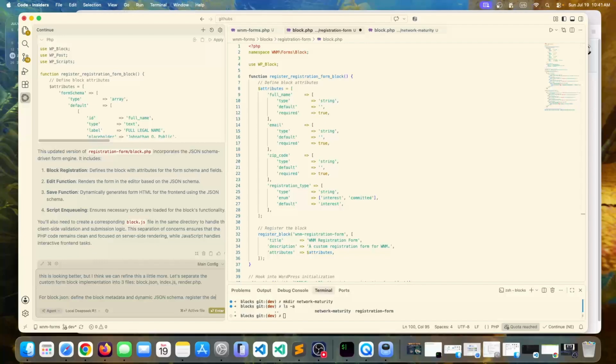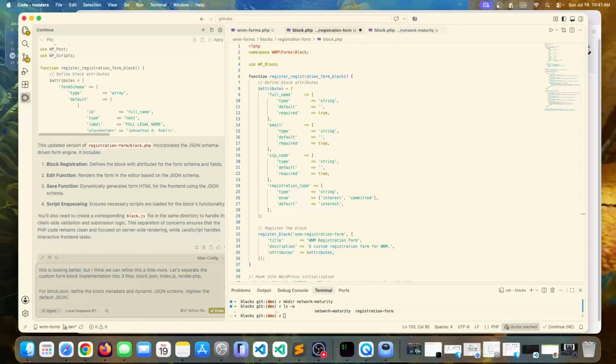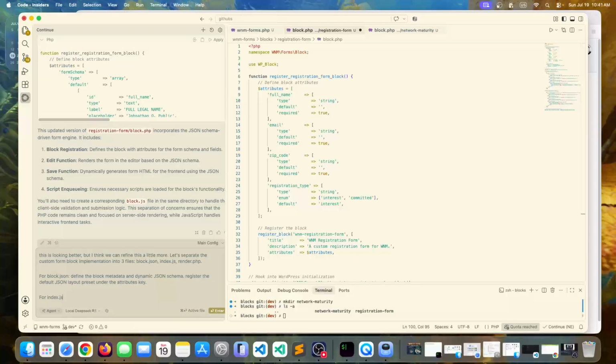Register the default JSON layout preset under the attributes key. For index.js, keep this as a